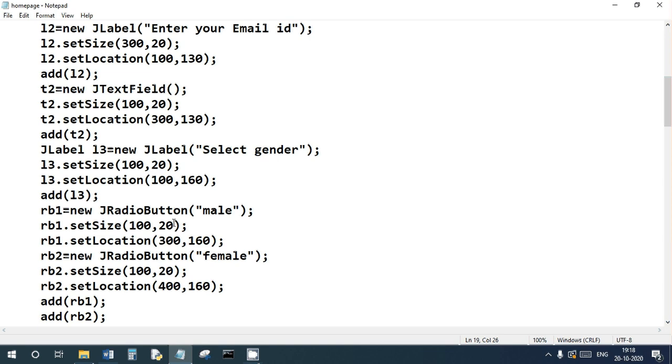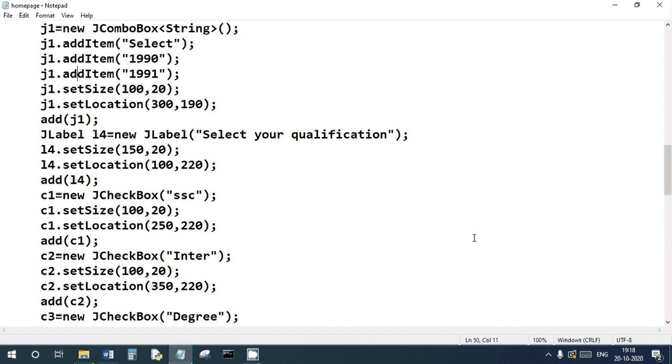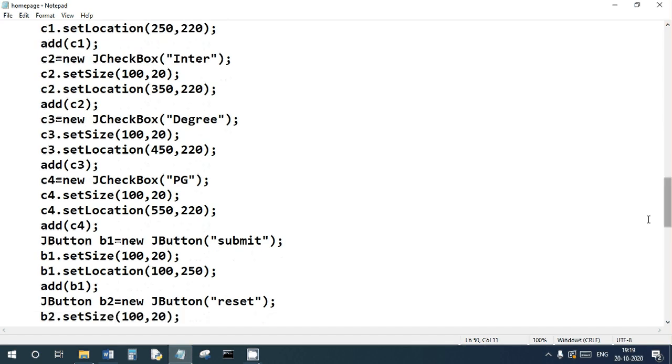Okay, there are two buttons, submit and reset. See here, the label is submit and the label is reset. Now I'm registering for event notifications. If anyone clicks on a button, then an event will be generated and correspondingly this method will be called, public void actionPerformed. So if the user clicks on the submit button, this condition gets true, and see here, L6.setText, your form is submitted.